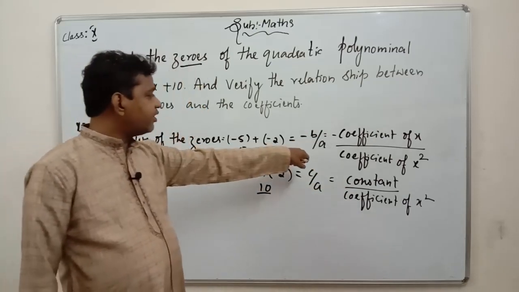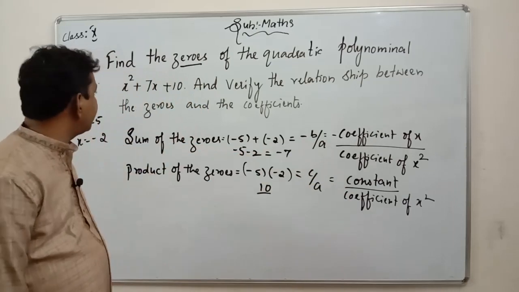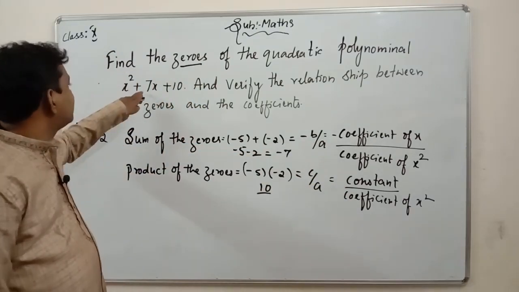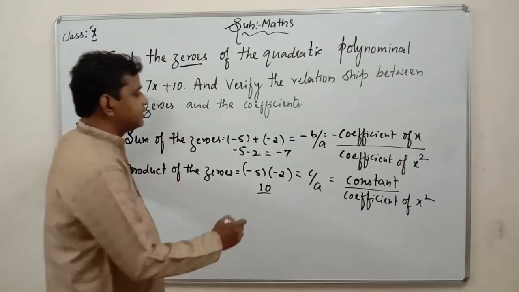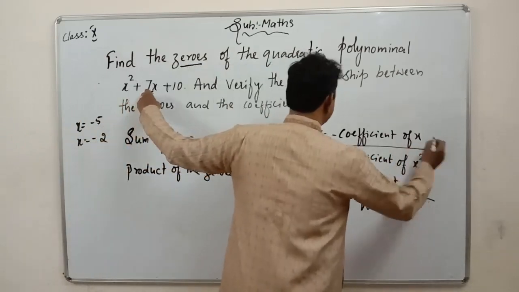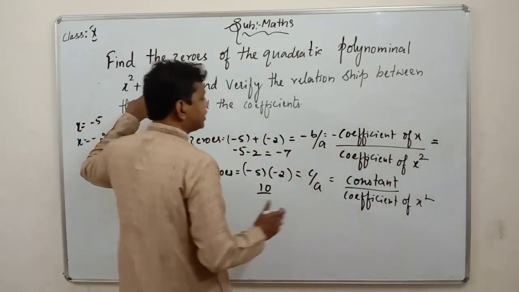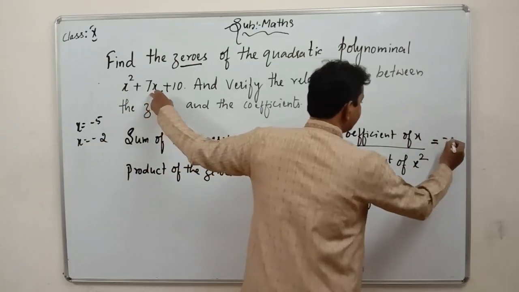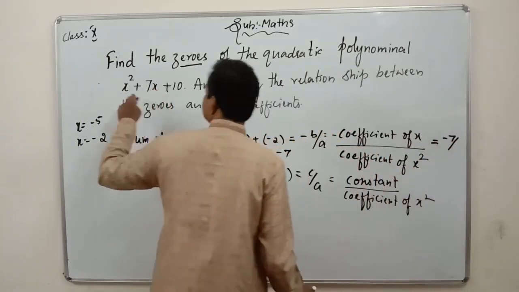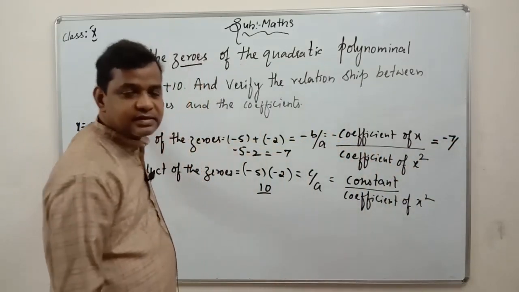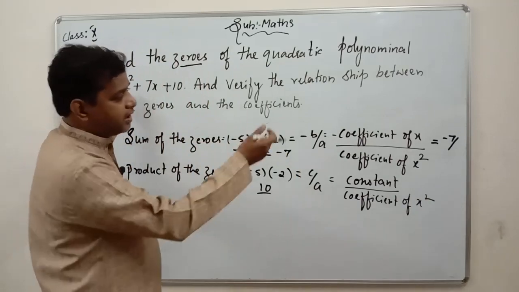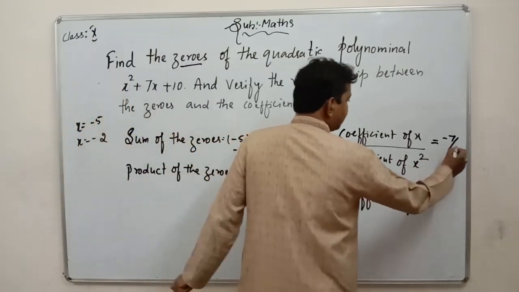If you want, you can verify directly. What is minus b by a here? Minus b is 7. So I can take 7. This becomes b. See here, b is 7 here. So I can take 7, but we have minus here, minus 7. By what is coefficient of x square? Nothing is there. It indicates 1. So minus 7 by 1 will get 7 only.